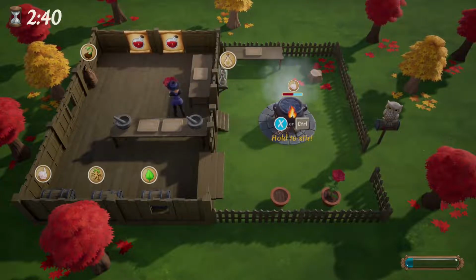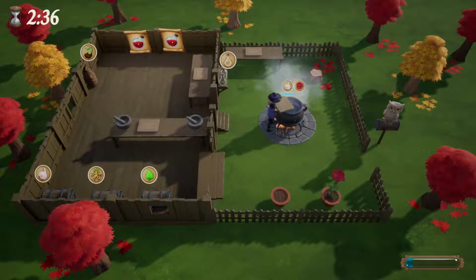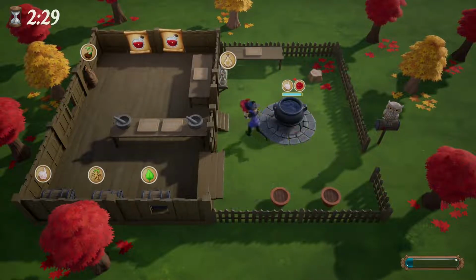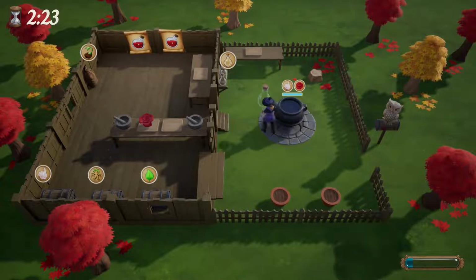Now you've got to be careful, because otherwise what will happen is you will bugger it up if you're not careful. And if you bugger it up and you've got one ingredient cooking and not the others, then you will essentially ruin the